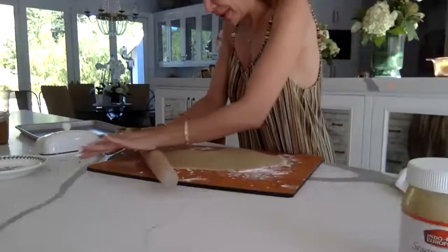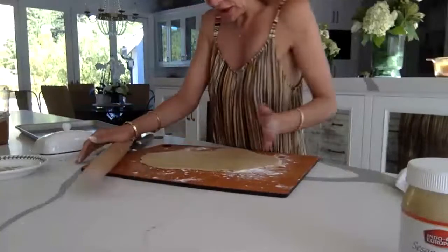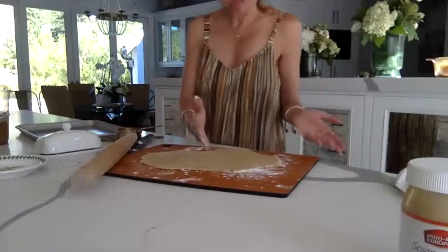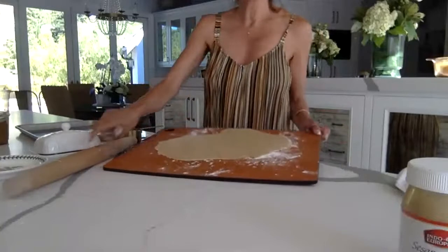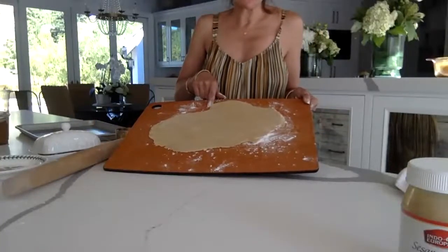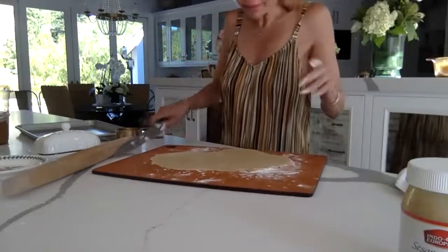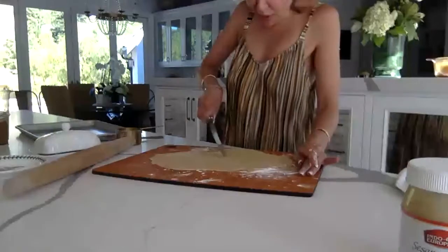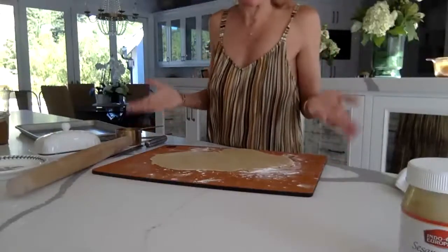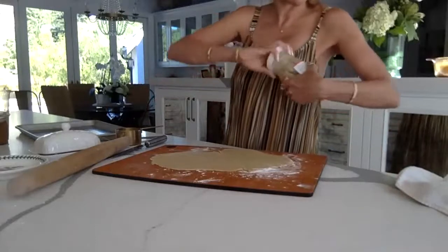And then what I really want to do is make this into 2 separate cookies, which is fine. There's a little weirdness here. You see that? This part is weird. I'm just going to cut it through. Here's 1, here's 2. Really simple. It's super simple. That's it. I rolled the dough out, and then my filling is going to be,